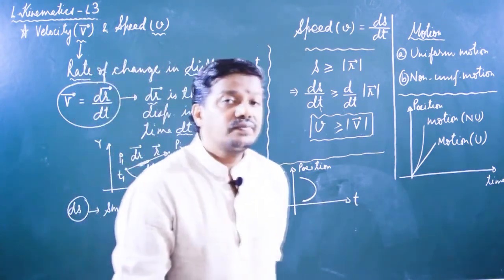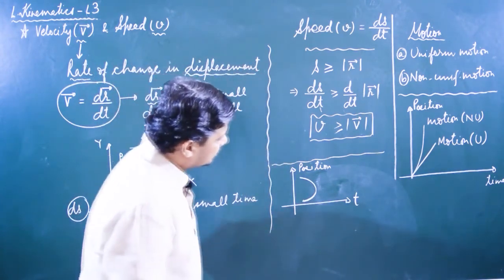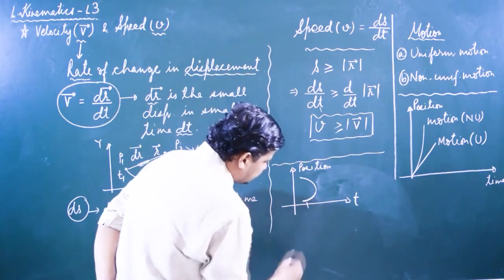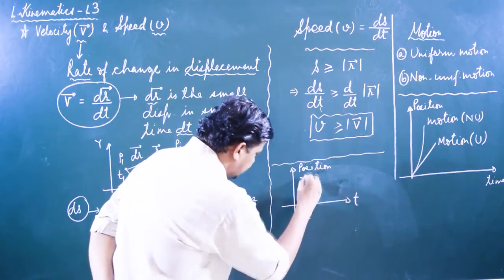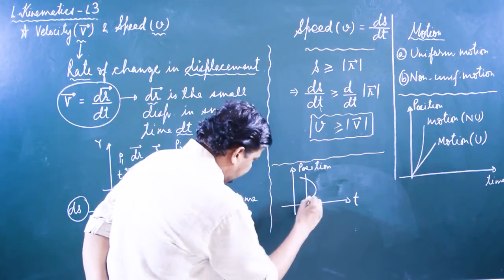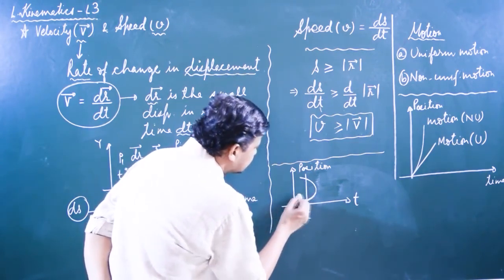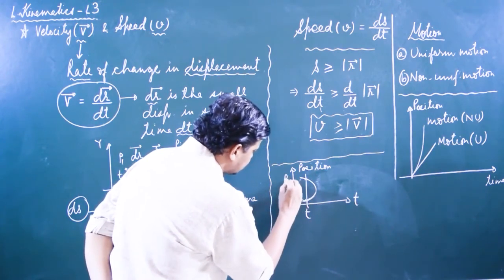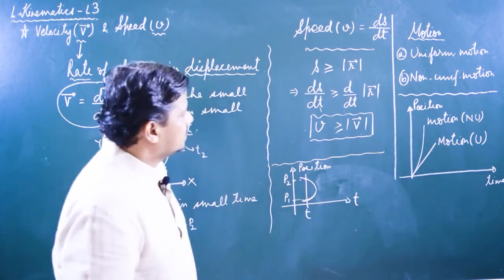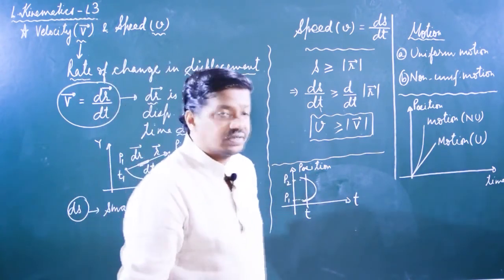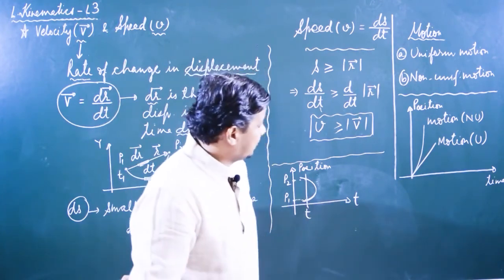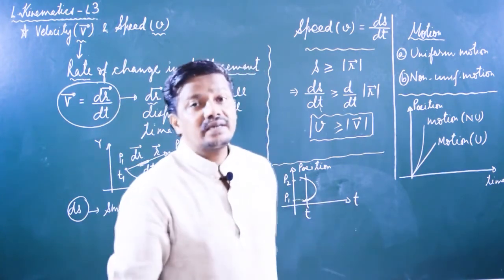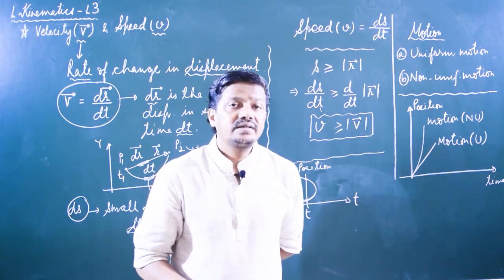Is this graph possible? Say, at a fixed time, suppose t, the particle is at two different positions. This position is suppose p1 and this position is p2. So in case of physical motion, the particle cannot have more than one position